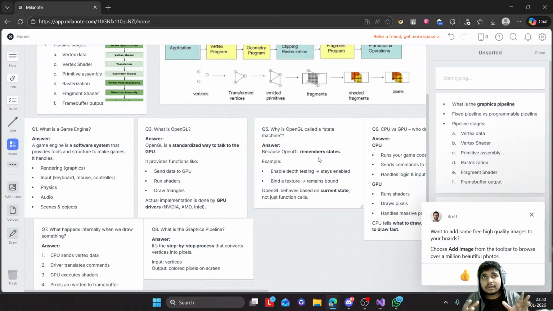When we have some ID, right? And when we use that ID to